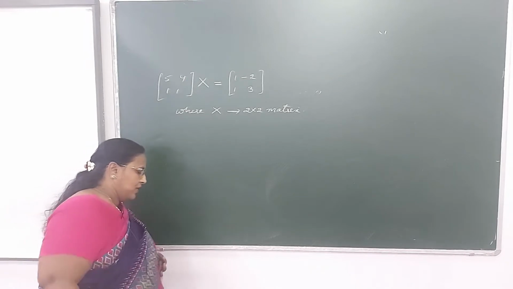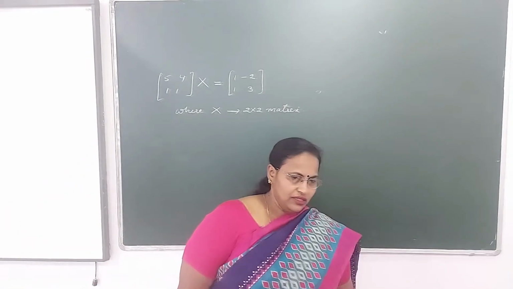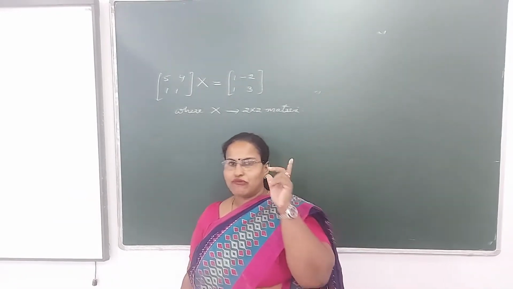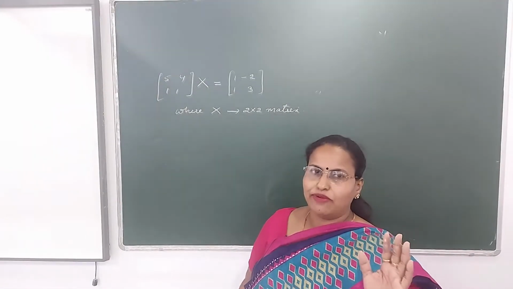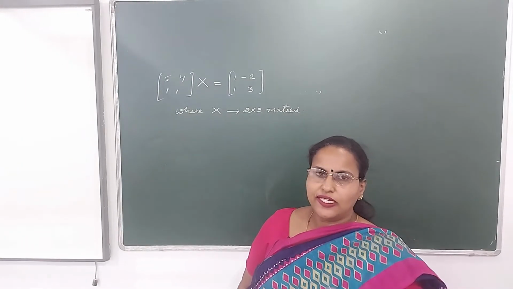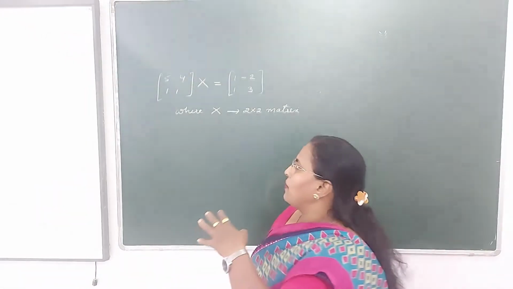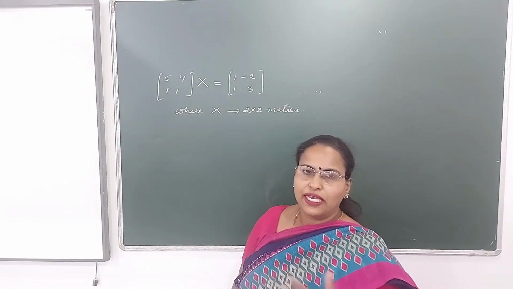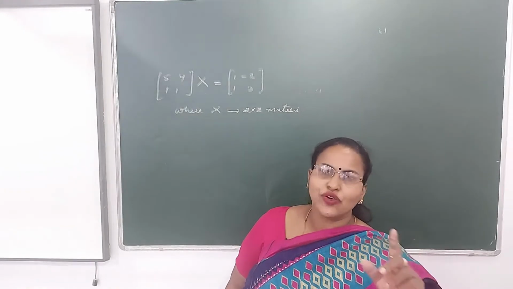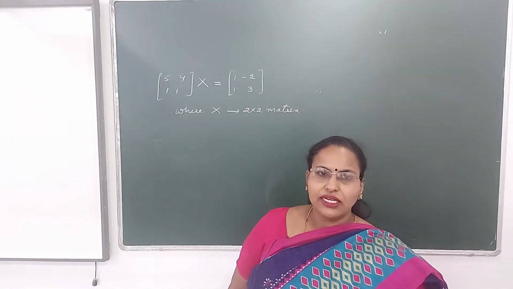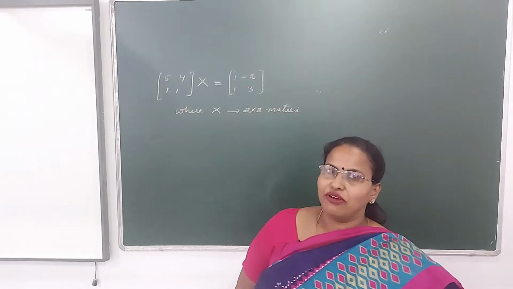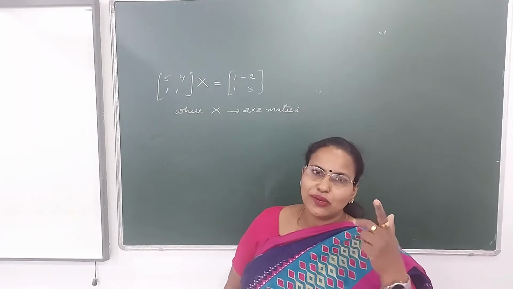See here, let me remind you, this type of question we have already done. There, if you are going by the concept of multiplication, not by the concept of inverse, then the procedure is you will take X matrix as A, B, C, D, put the matrix in the proper place, multiply it, apply the concept of equal matrices and get the unknown values A, B, C, D. This is one of the methods. The second method is, as you have learned how to find the inverse, we can apply the concept of inverse here. So let us do it by the second method.